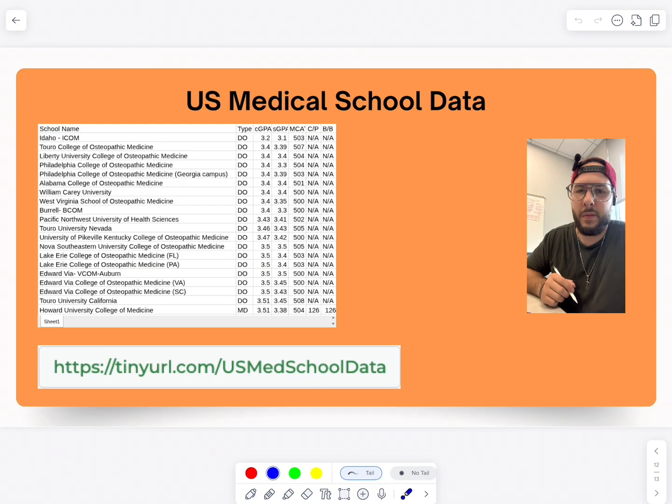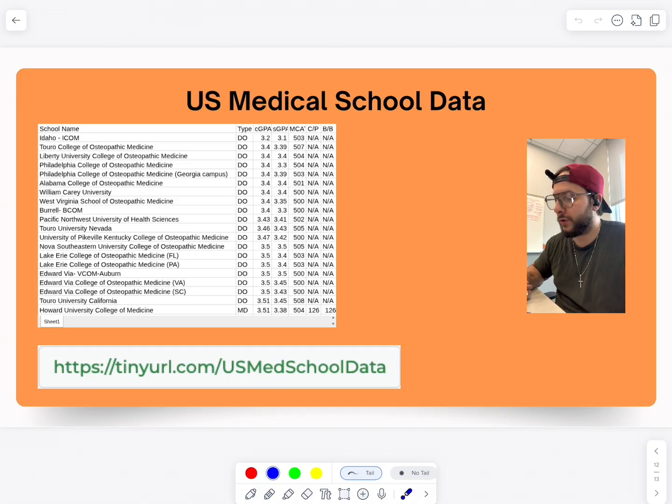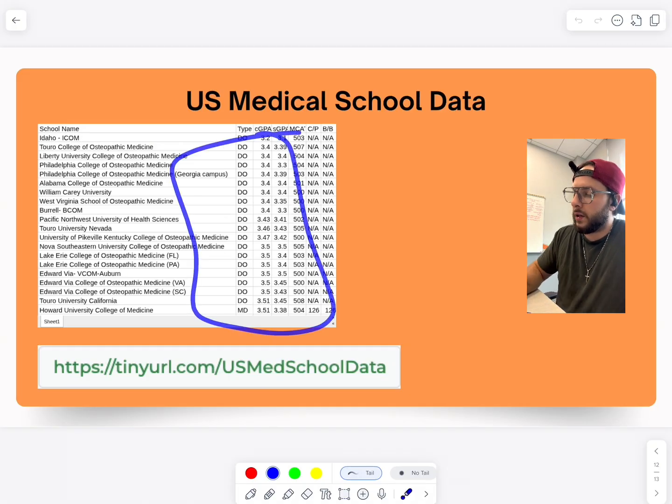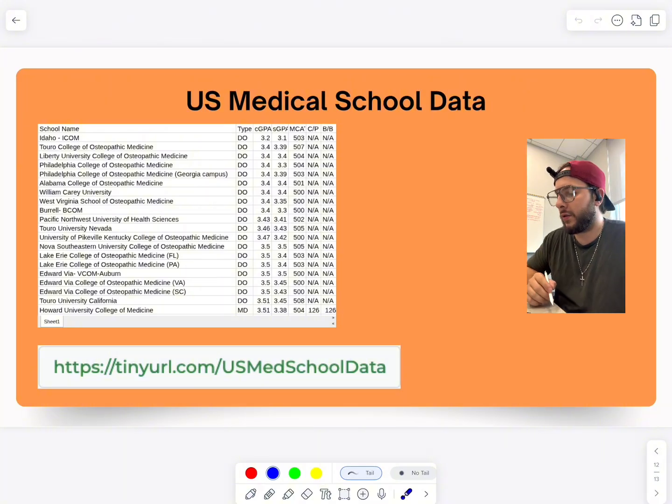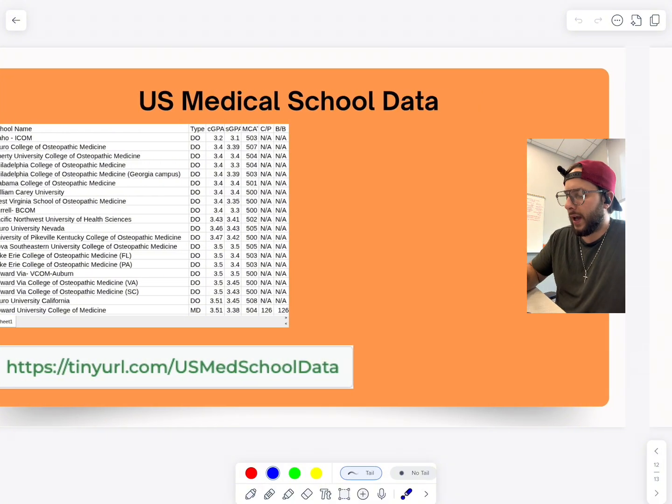If you want to verify this information, it helps a lot to just jump on the school's website and confirm it. But this is a great way to just see all of the medical schools in the country, MD and DO, and what they're all about in terms of different stats, different location, class size, things like that. There it is for you.